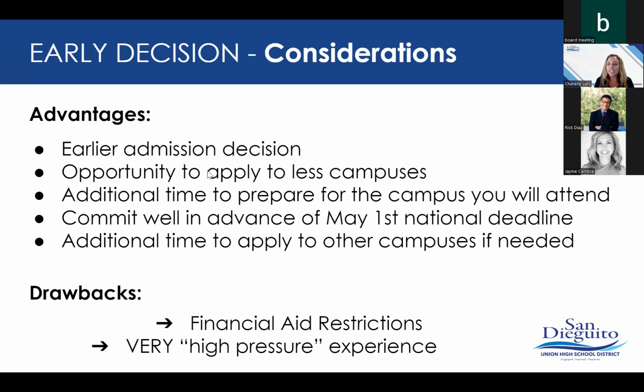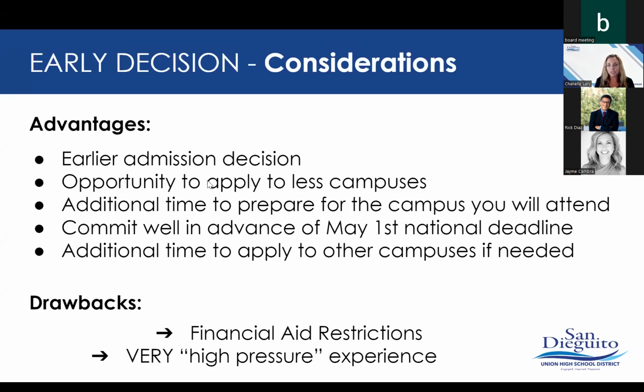All right, so again, an advantage to applying early decision, similar to early action, just the word early, you just get it done early. It's a lot of stress to get everything in and to really make that commitment, but ultimately it gives the student that peace of mind once they've heard back in the middle of December. And if it's the decision that they wanted to hear, then it definitely makes for an easier remainder of senior year. It gives them additional time to prepare for attending that campus. They also do commit before the May 1 deadline. So oftentimes with the early decision deadline, they do have to enroll and make that housing deposit sooner, which Rick talked about.